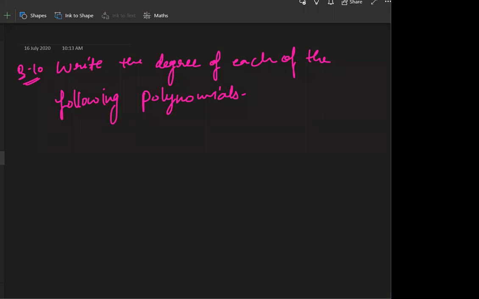For example, if I say in part 1, the question is x plus x square. So what is the highest power in this question? Here the power of x is 1. When the power is not given, then we will take 1. Okay, so here the power of x is 1 and the power of this x is 2. So the highest power is 2. So the degree of this polynomial is 2. So we will write degree is equal to 2. Fine. Now next question is